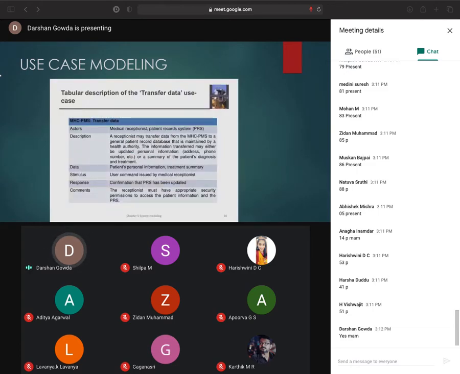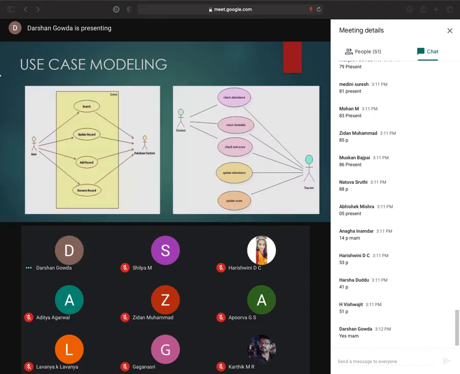As it is the simplest representation, we need to give a description of the task involved, as not enough information is provided in the diagram, or else we can represent it using a sequence diagram also. A small description is given. Some other examples of use case diagrams are: user can search in a database, update a record, add a record, remove a record in a database, and student and teacher interactions.